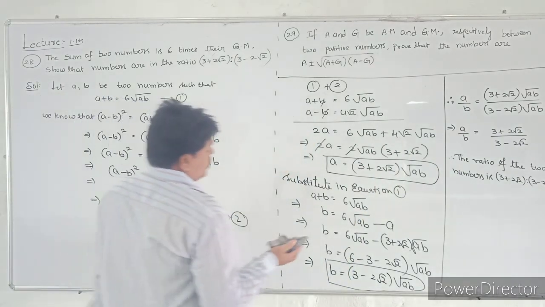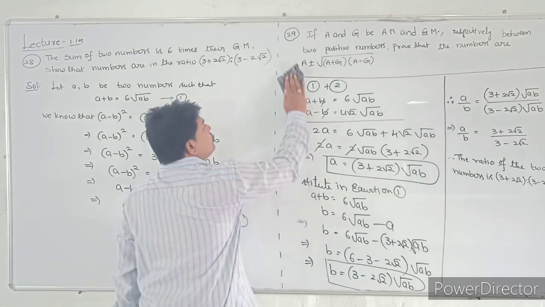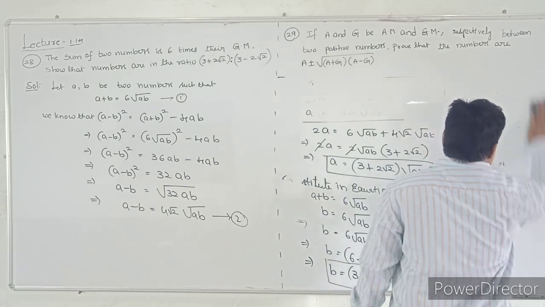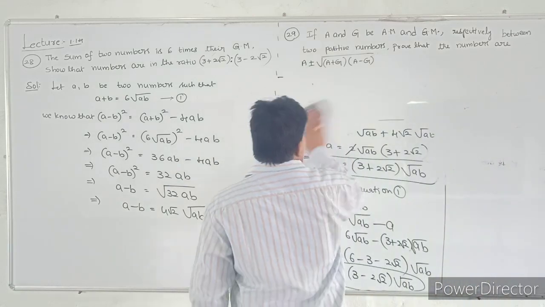So similarly, see the question number 29. So what is the question number 29? See the question. If A and G